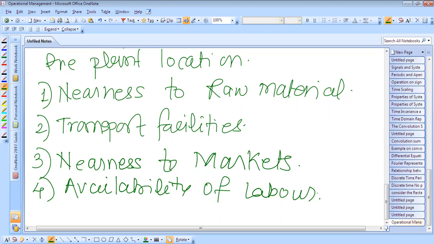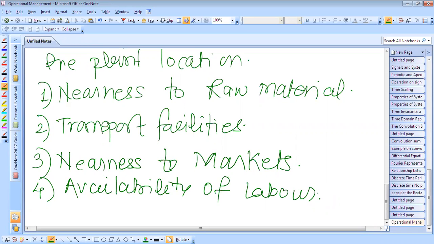So there are a number of factors, and the purpose of management is to face fewer boycotts, fewer lockouts and fewer strikes, so that they can operate their plant continuously, 24 by 7, and achieve a lower labor cost per unit of production, so that the profit will be more.